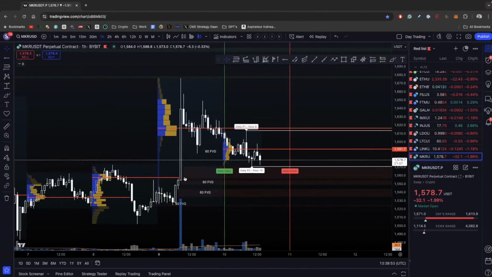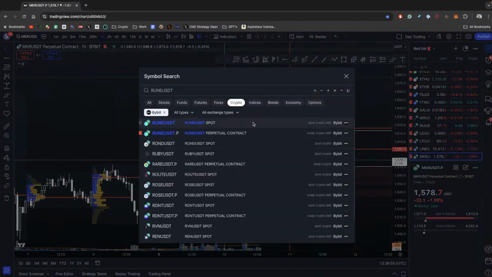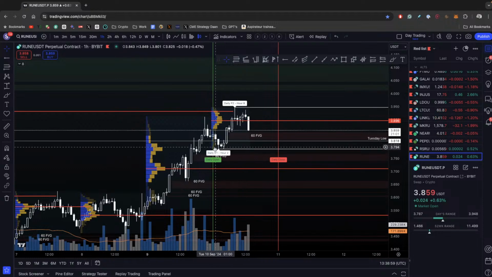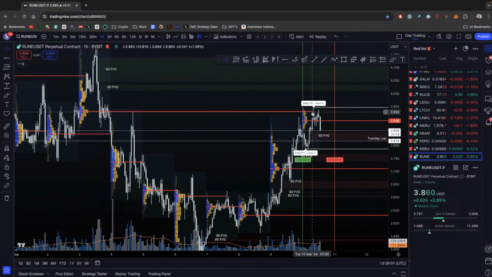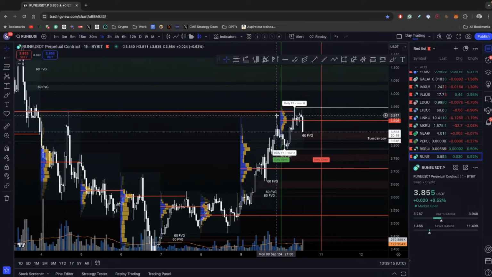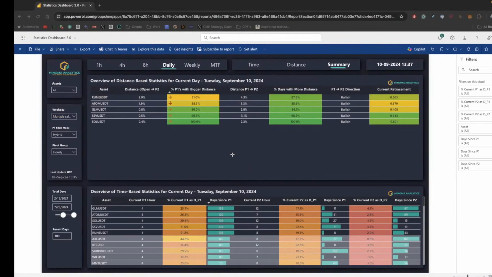Let's look at one like Rune, for example, Rune USDT. See, daily low. And we just had that naked daily point of control. Man, this is actually a good way of finding reversal trades. Because this is also really, if you see this stat, yeah, because this S&P here, this actually looks sick. So it's actually a really good way of, man, thank you, Dr. Trader, for pointing that out.